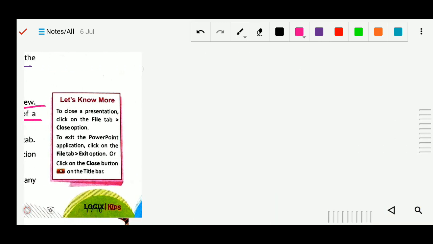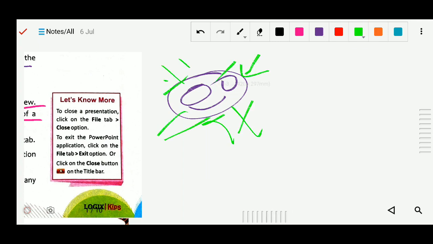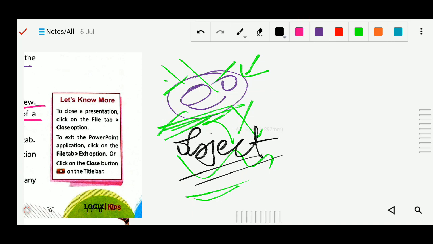So animation is like this. Suppose your object is this one, and we can apply the animation on this object. This will move or rotate, or whatever activity it will be, that activity will be done on this particular object only. In the case of animation, that is done on the object only.